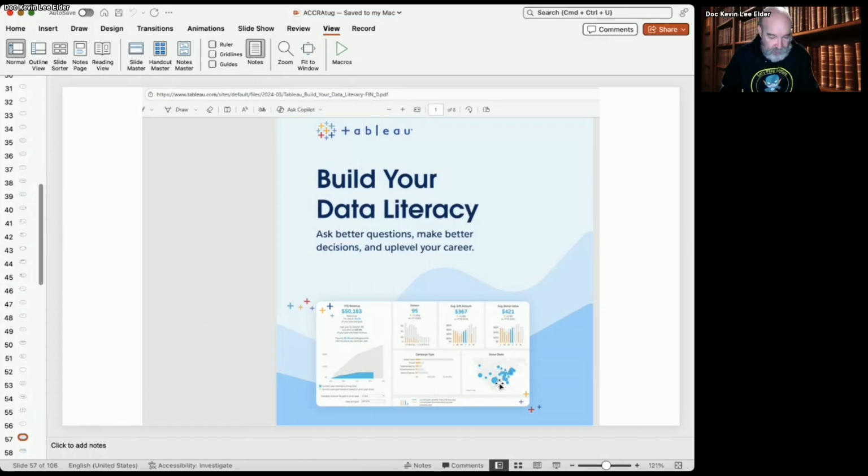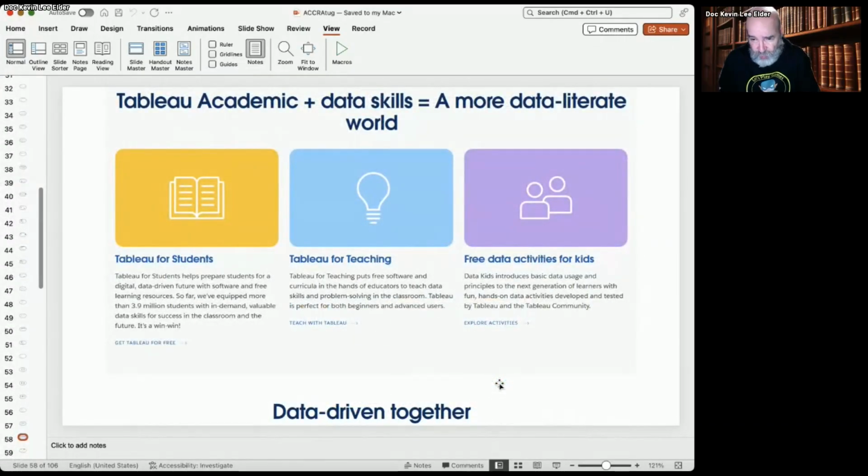So I can't emphasize enough, you all need to go out to the Trailblazer site, create a profile, and start learning. It's the best way to learn that Tableau interface, in my opinion, is through Trailblazer learning.